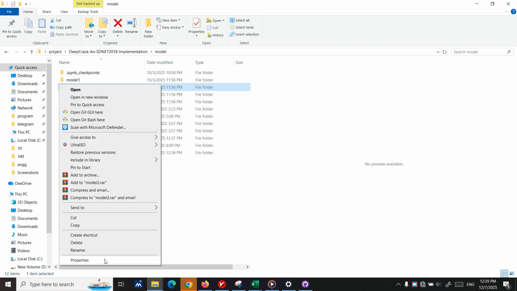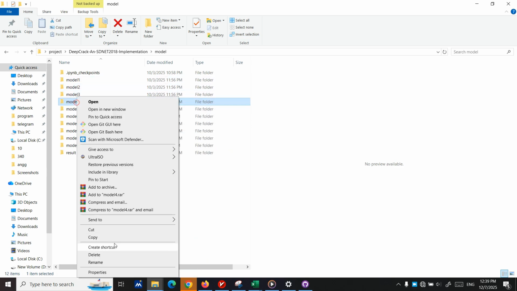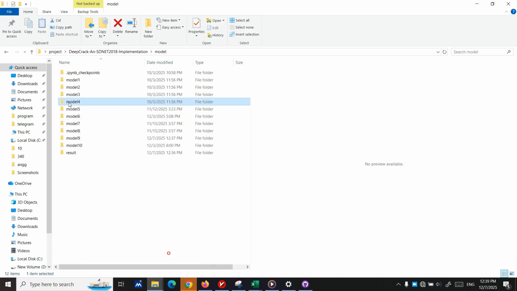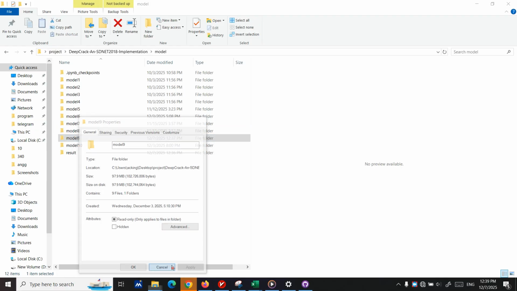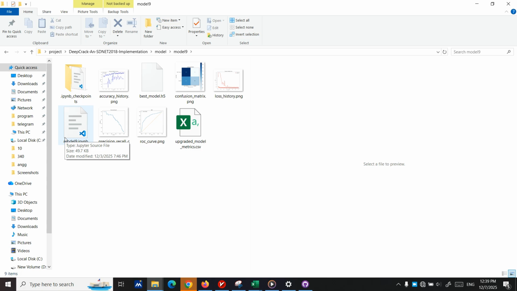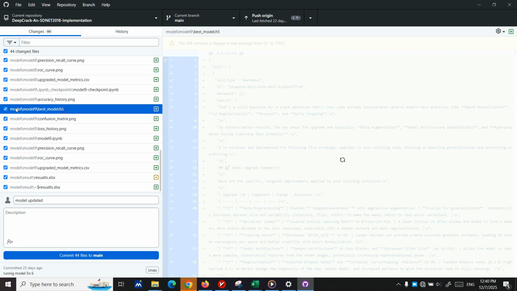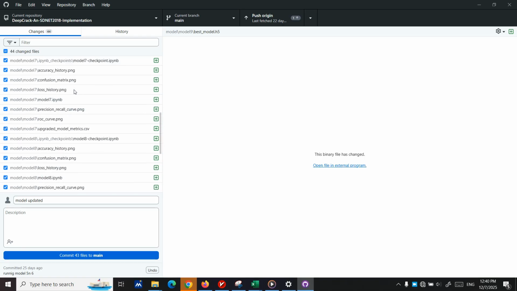Model 1 is clear. Model 2 is clear also. Model 3 clear. Model 4 clear. Model 5 clear. Model 6 not bad. Model 7 clear. Model 8 clear. Model 9, oh, it's model 9 and it's model 10. Let's take a look and see what takes that much space. Oh, okay, it's this best model H5. Now I understand. Best model H5, I shouldn't